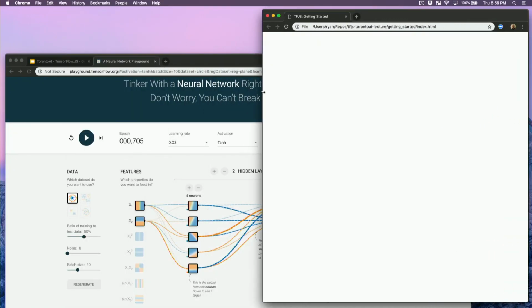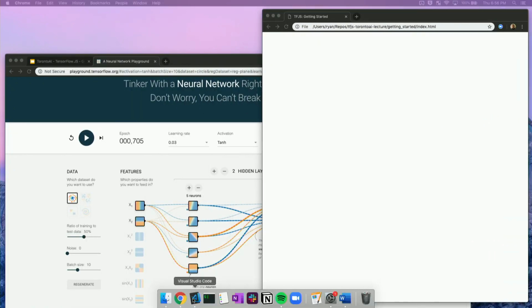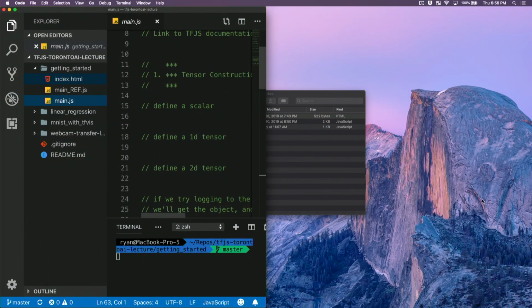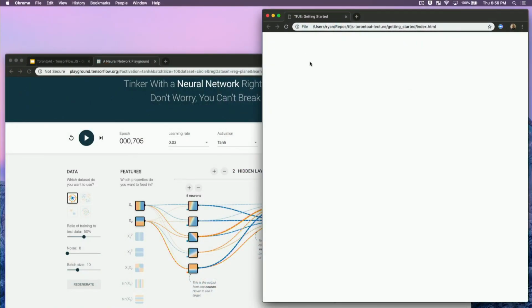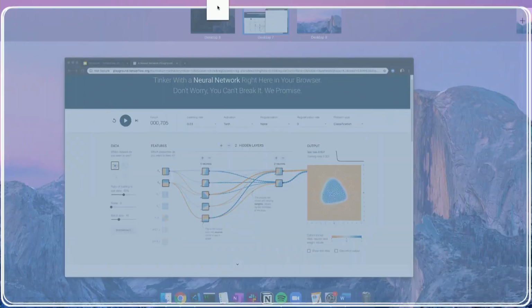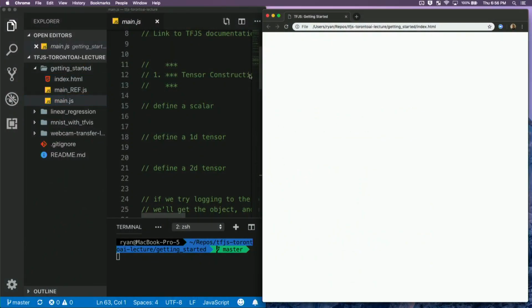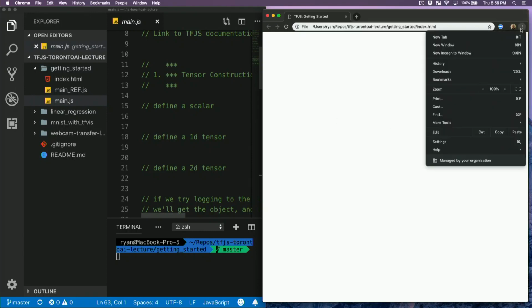That's going to bring that page up. Right now it's just a blank page. What you're going to do next, if you're in Chrome, is go to the menu.